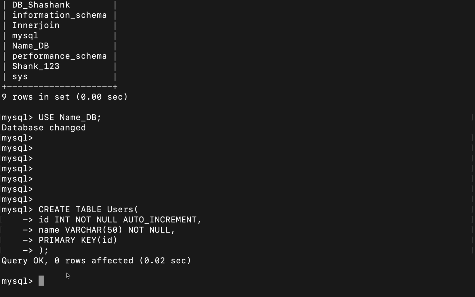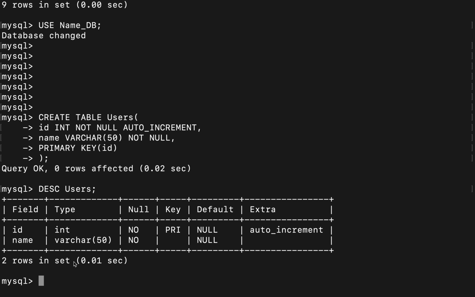So if you see, I have created the table. Let me check the description with desc and then the table name. The id and name data types are int and varchar, and this is primary, and then auto increment, right? Let me insert some values into it.